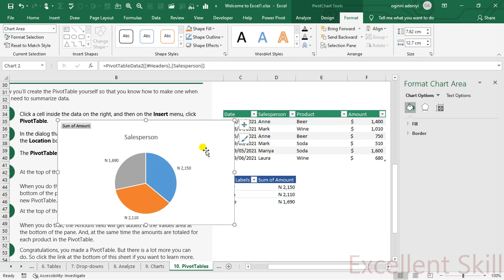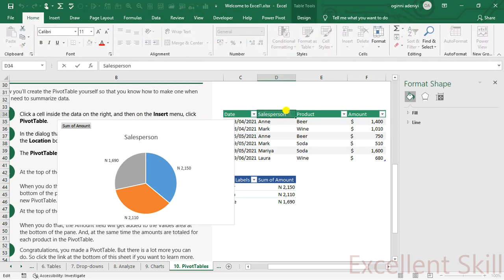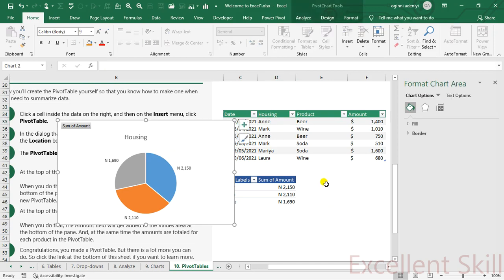Immediately it will change to that. And if somebody comes here and modifies this, and let's give it housing, immediately it will change. So that is the beauty.